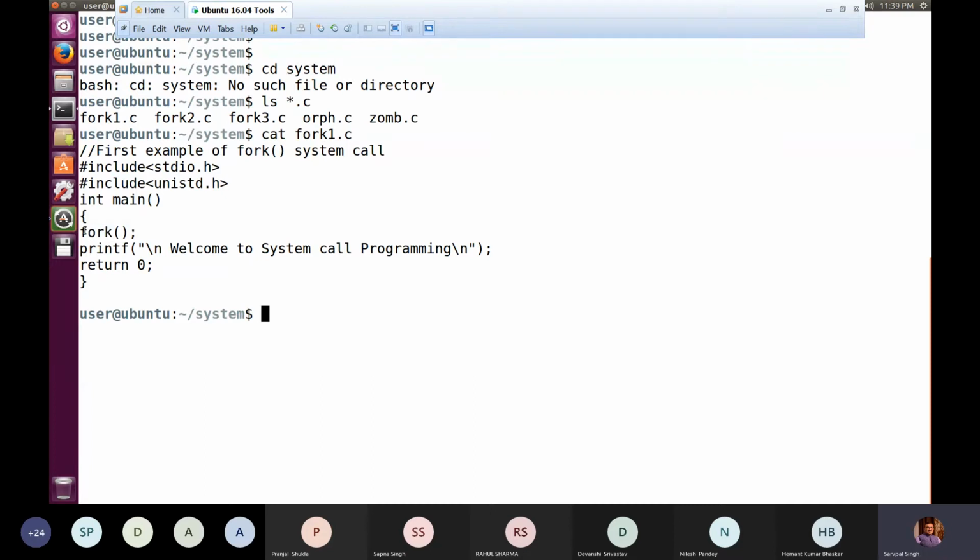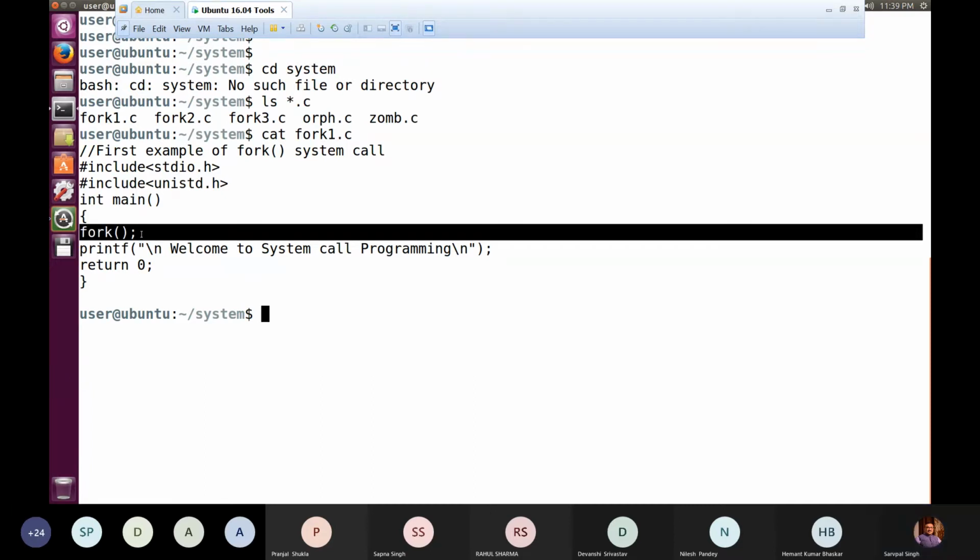Since we are not holding the return value of this fork, that means we may not be interested in exploiting the return value of fork. But upon execution of fork, two processes exist.